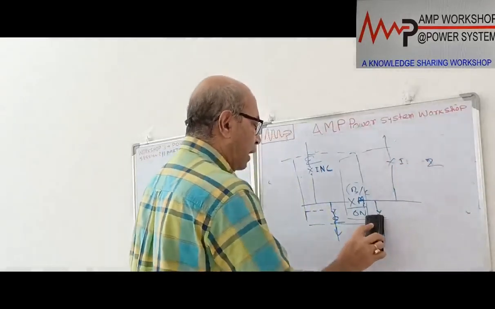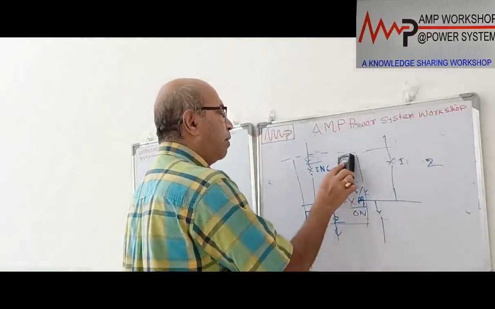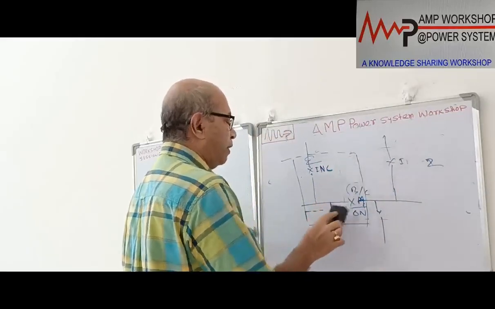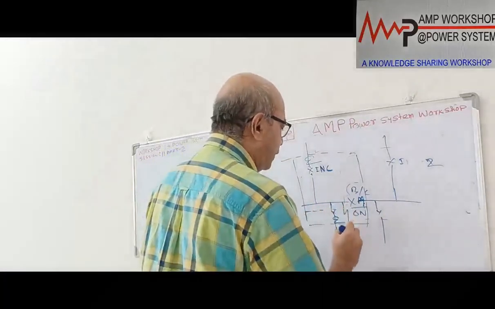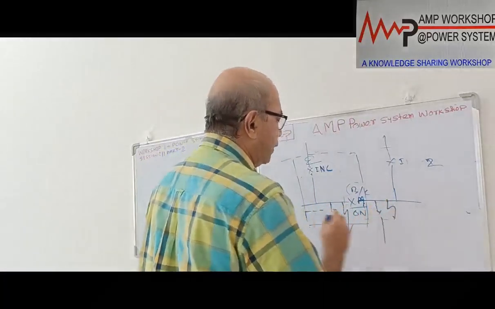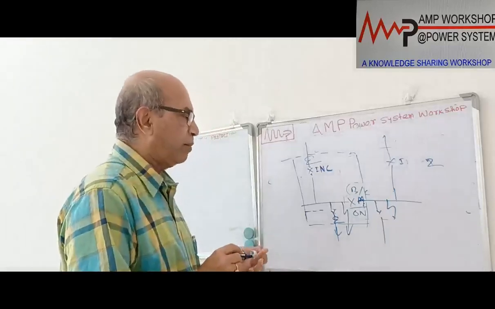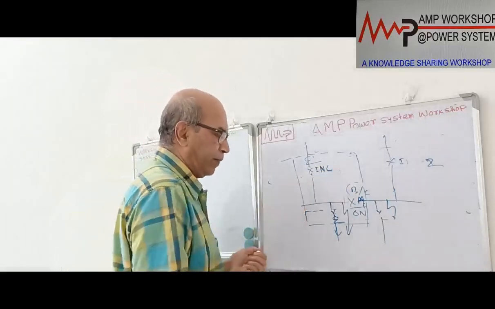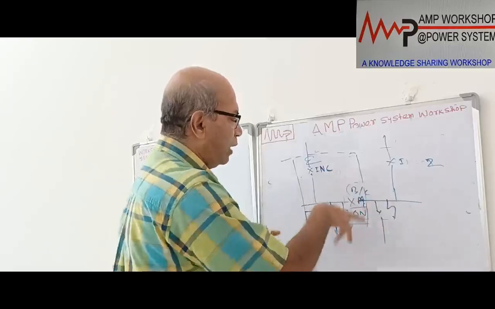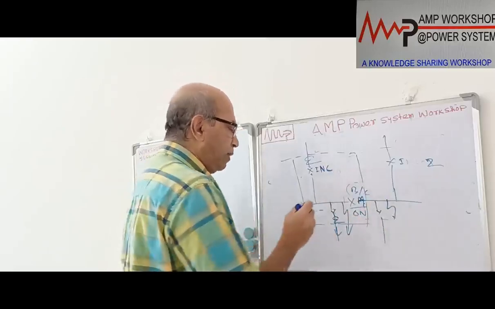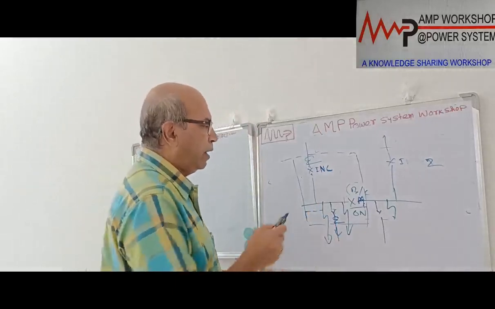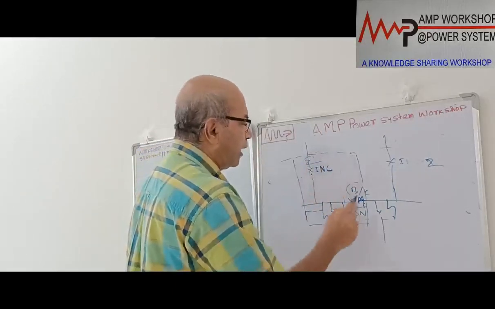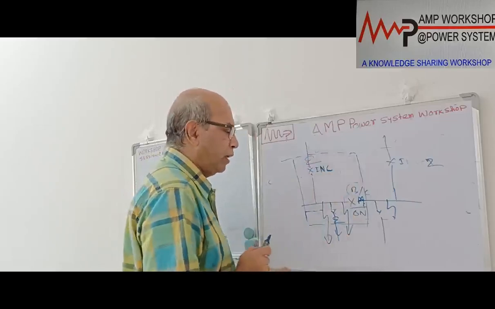So here let us see how this overcurrent protection provides protection to the bus bar. Our intention is, if there is any fault anywhere on the bus bar, this protection should operate, protect the bus bar and isolate the incomers. Now as it is two incomers and one bus coupler, if there is a fault on this bus bar, what is our requirement? Immediately this zone 1 should be isolated.